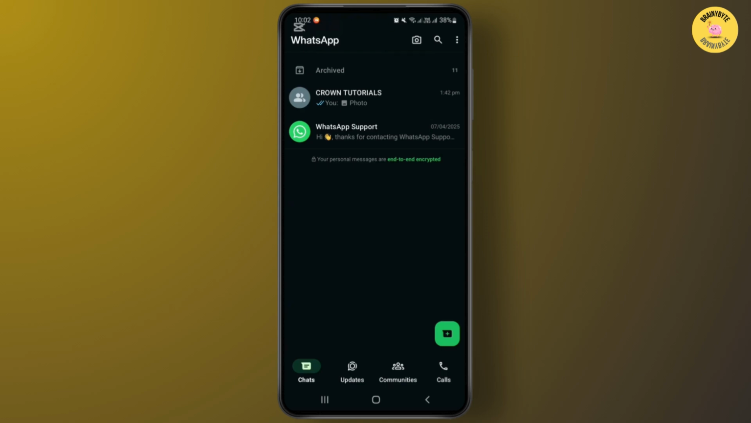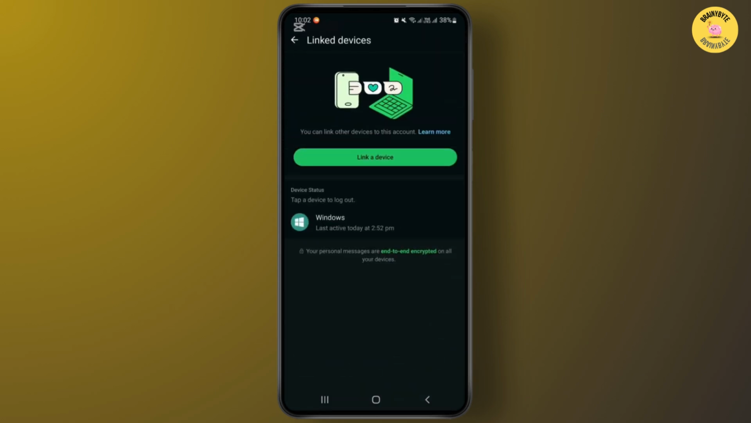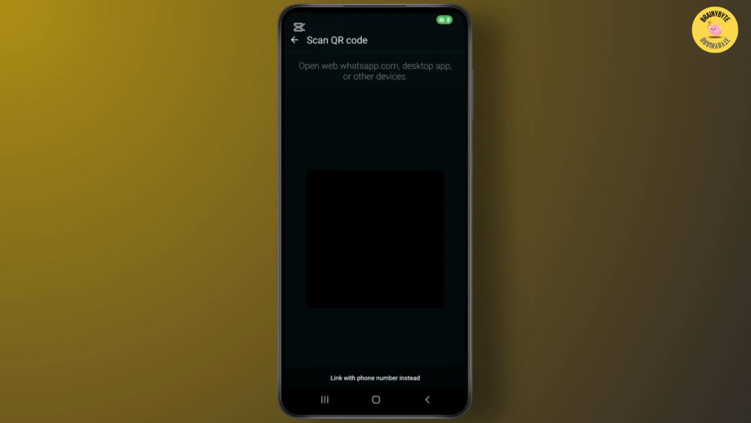From here, you'll have to tap on the three dots just at the top right corner. Alright, so simply from here tap on link devices. Okay, so simply tap on link a device. Alright, confirm with your pin. Alright, so now from here you'll have to scan the QR code